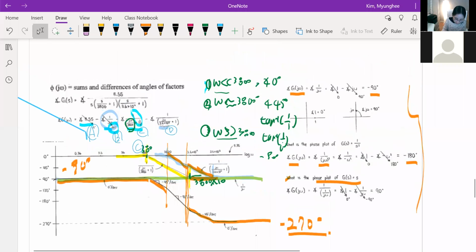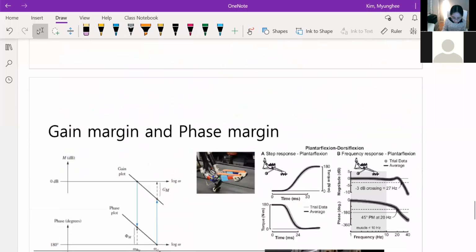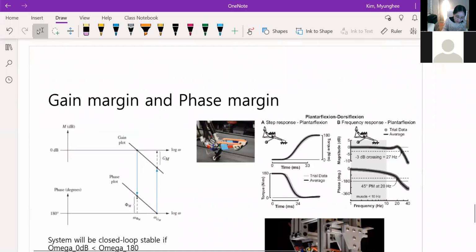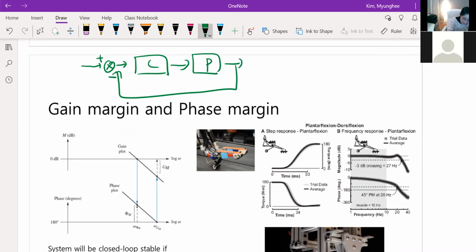So what you can get from this plot is that you can also discuss stability. In the beginning of the lecture, maybe I talked about this. If there's a system, controller, plant, with a plus minus, if there's a jiggling in and then there's a jiggling out, and if this in and out has totally opposite sign,